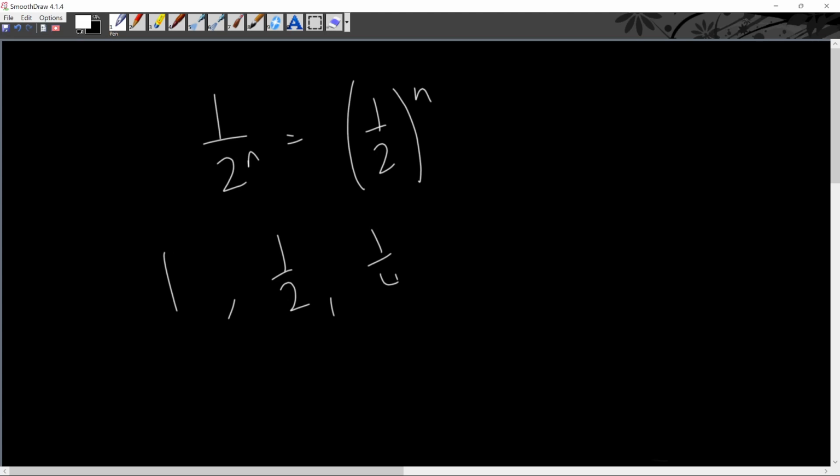So I talked about it earlier. A geometric series is one where each term is multiplied by a ratio, or the common ratio. So let's go back to 1 over 2 to the n. This is the same as 1 over 2 within parentheses to the n, right? Because 1 to the n is always going to be 1 for every integer value of n. So if we start at n is equal to 0, we have 1, 1 half, 1 fourth, 1 eighth, 1